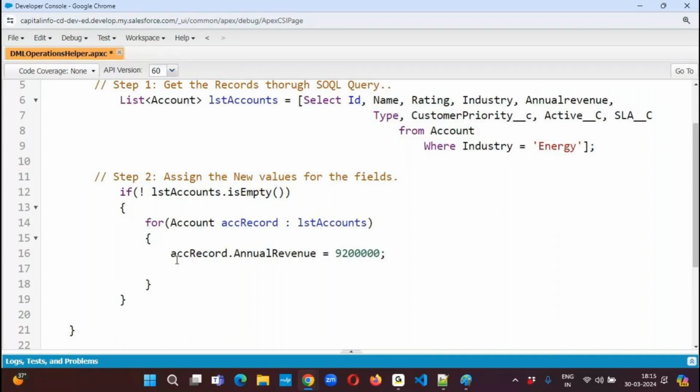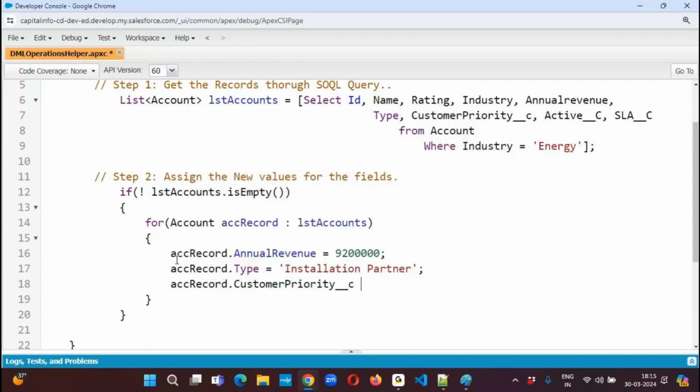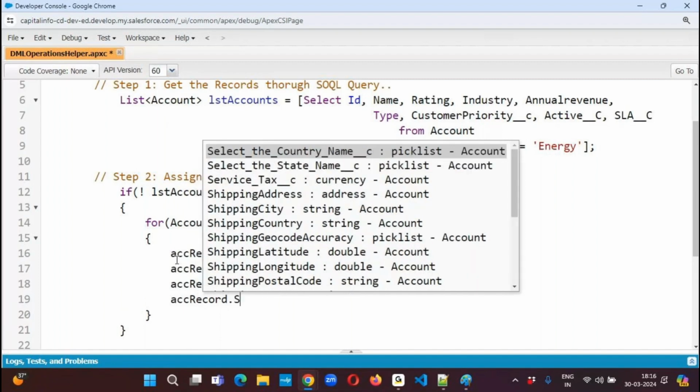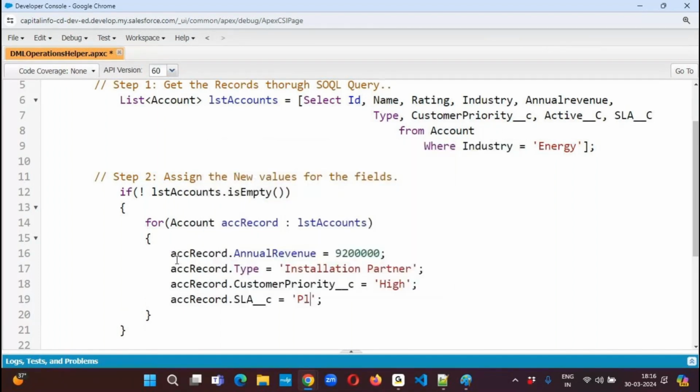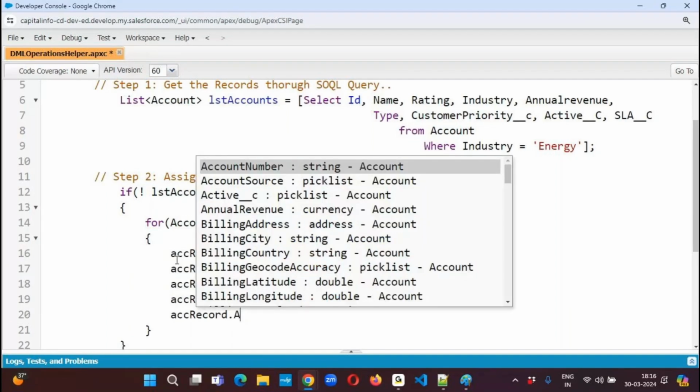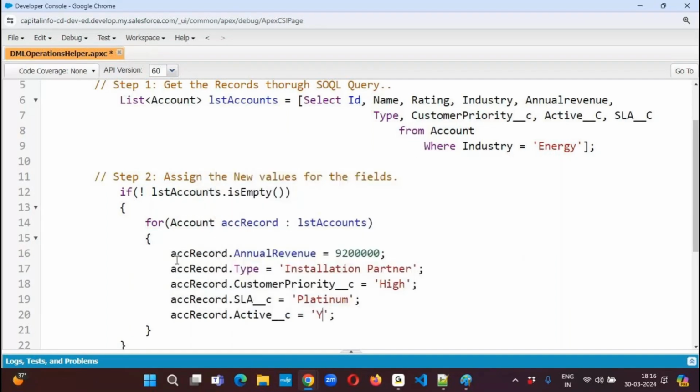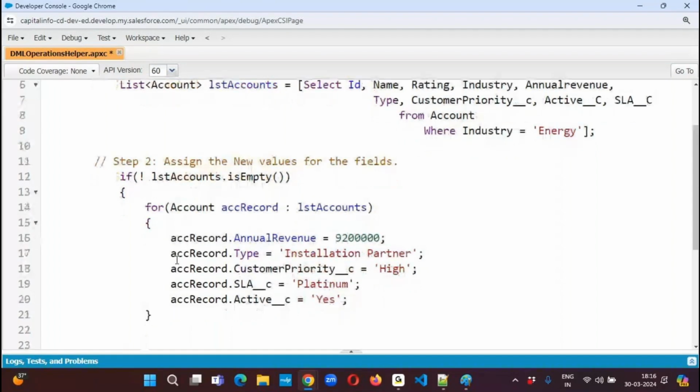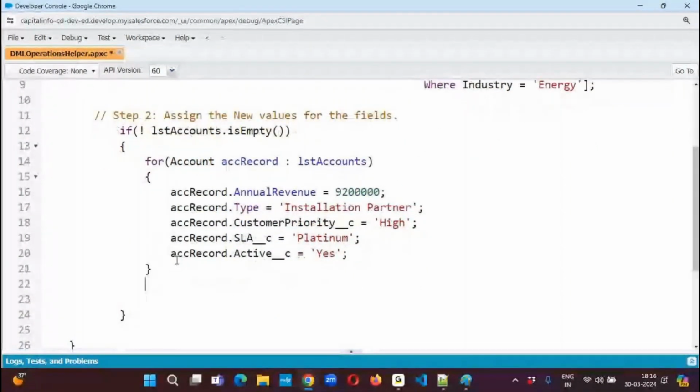If you give a comma, it's treated as a string and it will show a compilation error. secRecord.type, I'm passing the value Installation Partner. secRecord.customerPriority. secRecord.SLA. Active status, I'm assigning the value Yes. Once you are done with assigning the values, then as step 3,